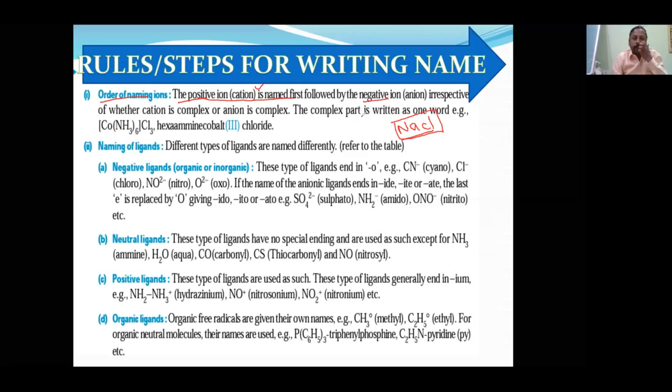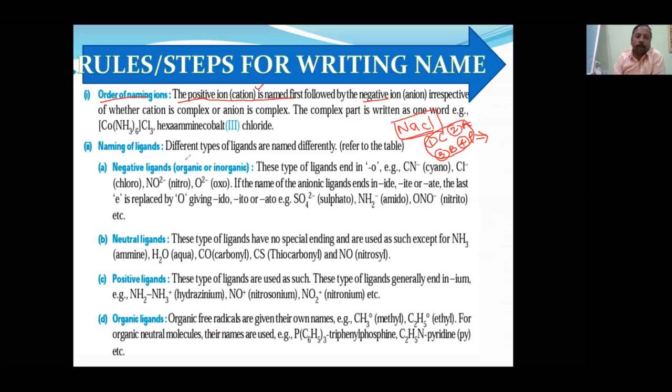Understood? The complexes are divided into total four types. How many types? Four types. First, cationic complexes. Second, anionic complexes. Third, both cationic and anionic, and the fourth one is polynuclear complexes. Don't worry about them. We will do the naming separately. But I want you to continue till the last of this session, because in the last only we are going to apply these rules. Then only perfection will come.